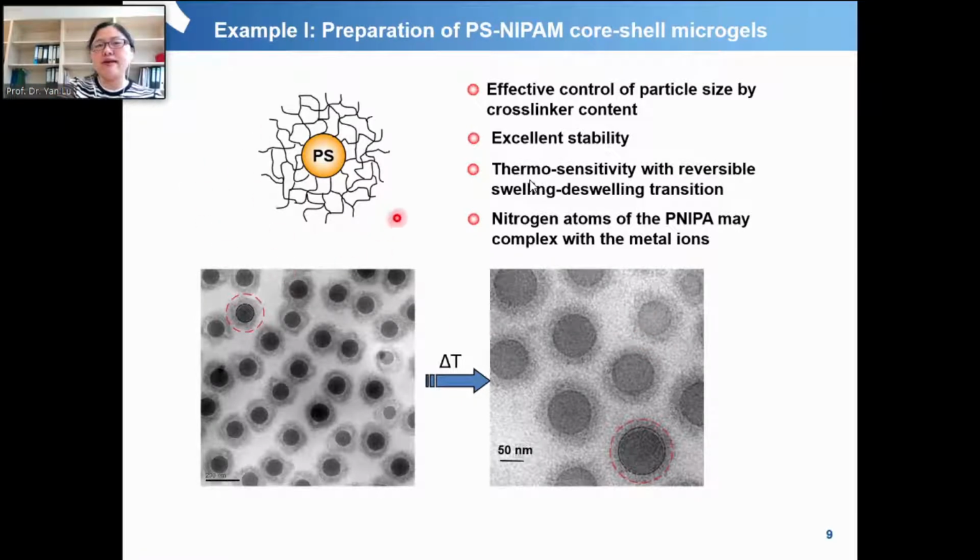And also they are colloidal stable, so they show excellent stability. And of course, you have the polyNIPAM network as a shell. Under different temperatures, they show reversible swelling and deswelling behavior. And also for the polyNIPAM, they have a special complexation with metal ions. So such a particle will be a very good nanoreactor for the immobilization or embedding of metal nanoparticles. And this we'll also discuss in the later part of our lecture today for their possible